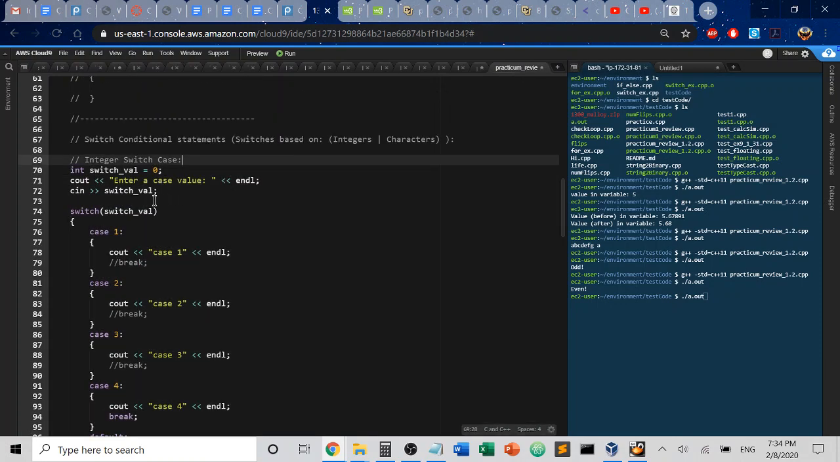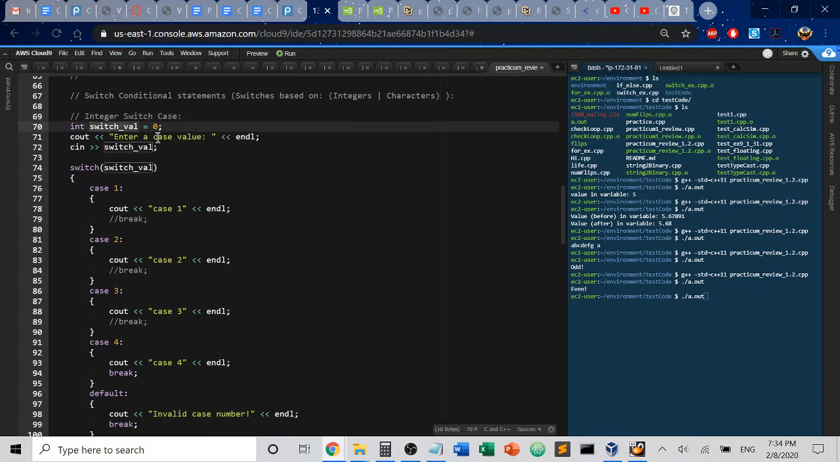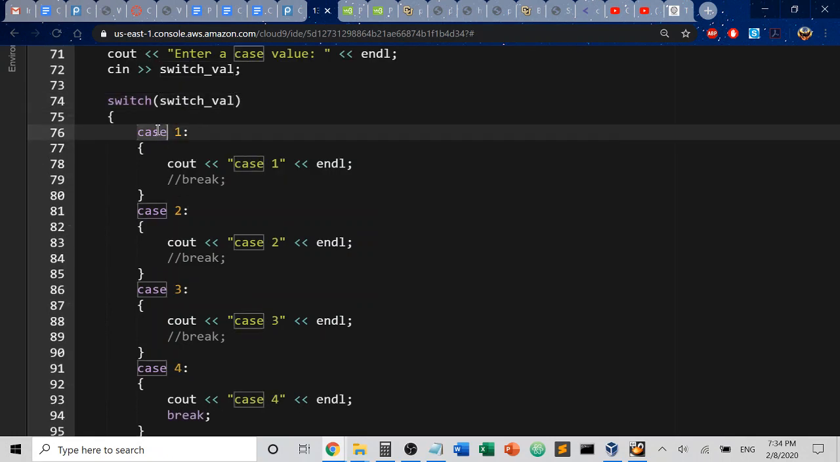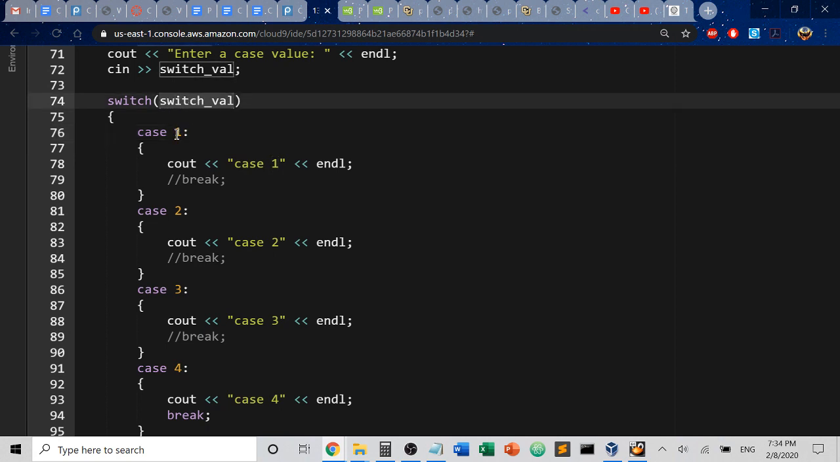In this case, we're using an integer called the switch value. We're going to set it to 0 by default just to initialize it. Then we're going to grab a value from the user, and use that in our switch operation. So the first thing we do is we switch on a value. What we're saying is switch into a case based on the stored value within this variable. Here we have a case, and we know that it's looking for the value of 1. So if switch val has the value of 1 from the user, we go into case 1,